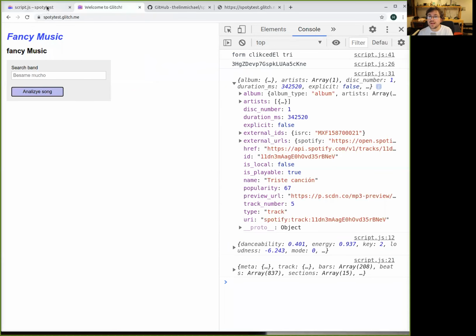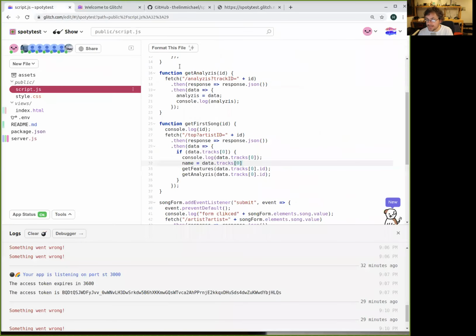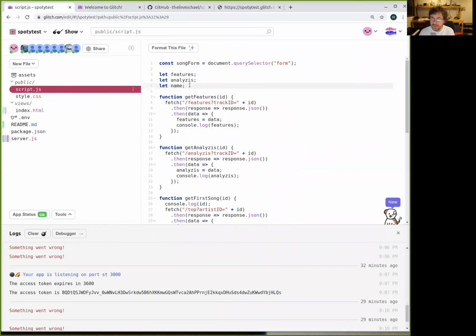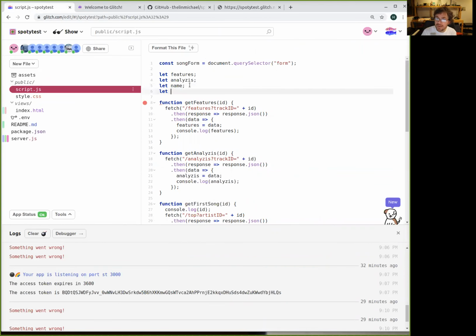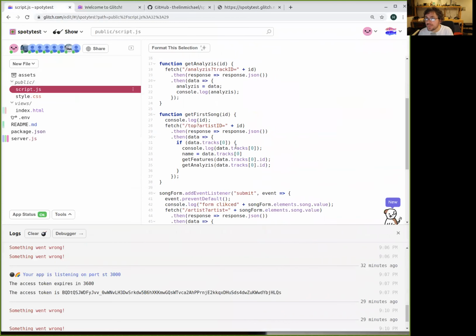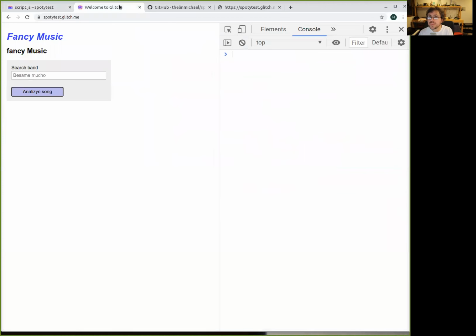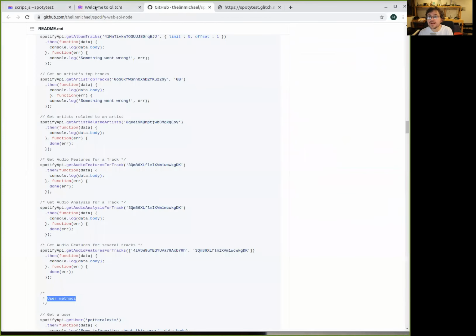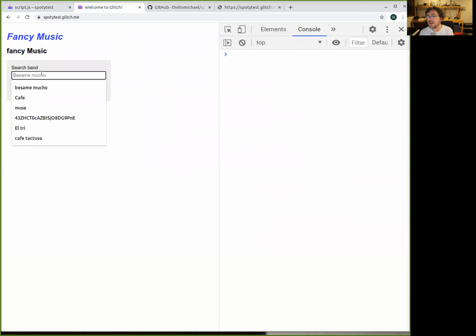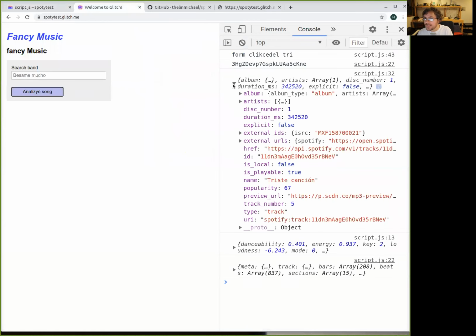So yes, data track, the name, and we also will need let preview. Okay, and if we do have a preview, we will have it on this section. So the name is here, and the preview is gonna be in. Oh, each time that I refresh the server, my client is refresh, and it's in preview URL.